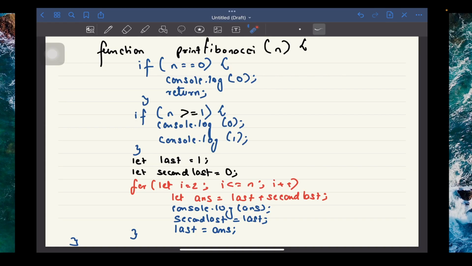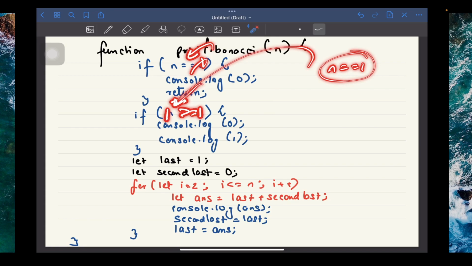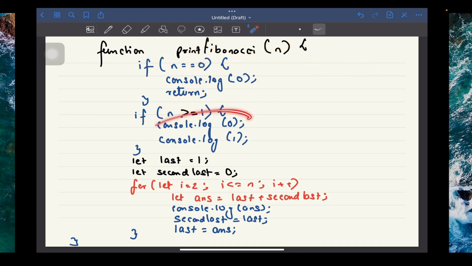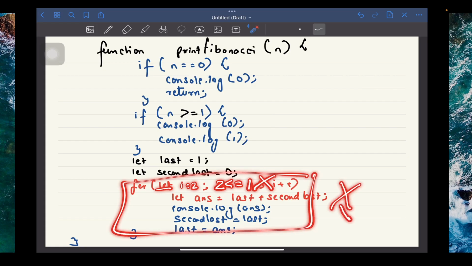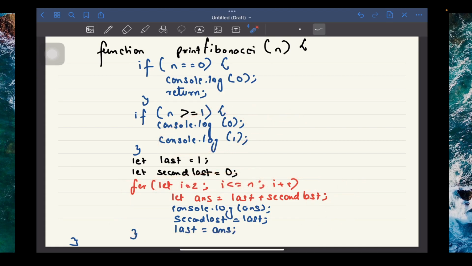Now you might be thinking why we are not putting a return statement here. Let's say somebody gave you n is equal to 1. So you'll check: is n equal to 0? No. Is n equal to 1? Is 1 greater than or equal to 1? Yes. So you print 0, you print 1. Okay, you create these two variables. You start from here, i is equal to 2. Is 2 less than or equal to 1? No. So the whole for loop will not be executed and you would have just printed 0 and 1. That's it. So if I just code this solution,